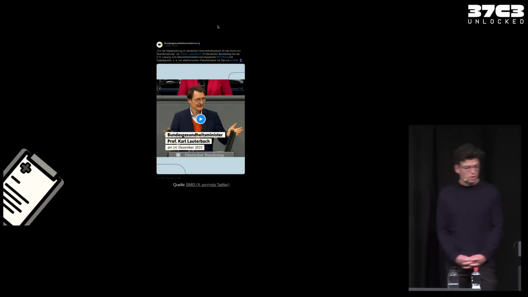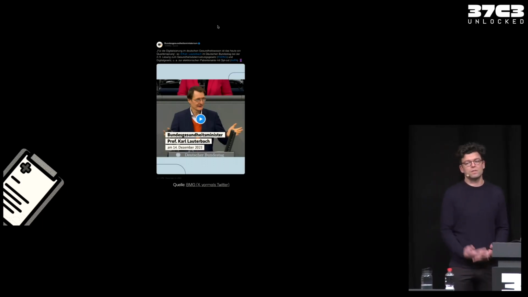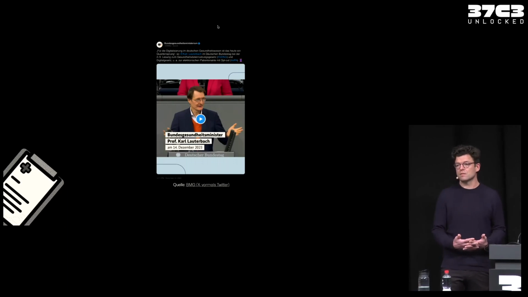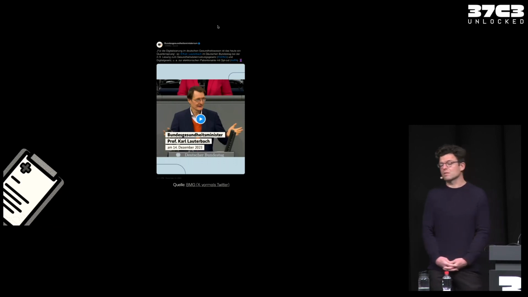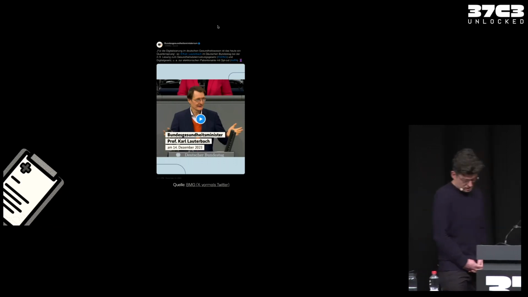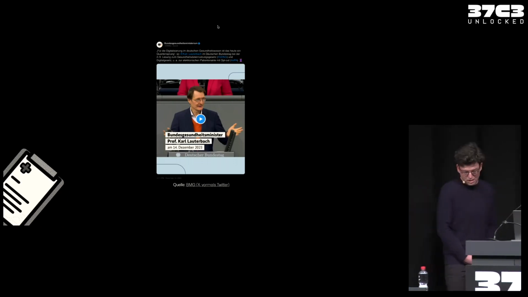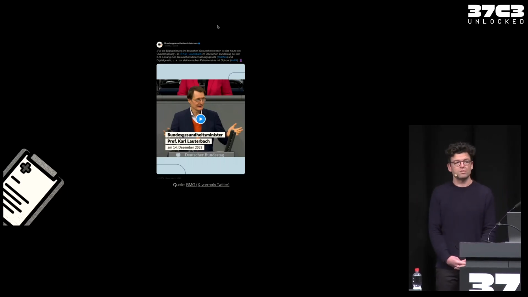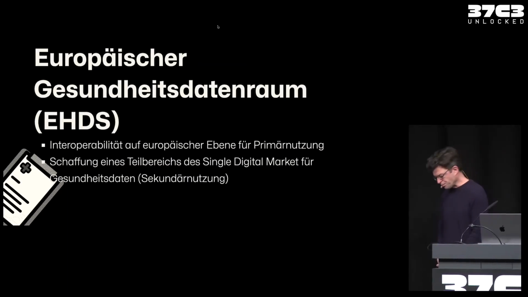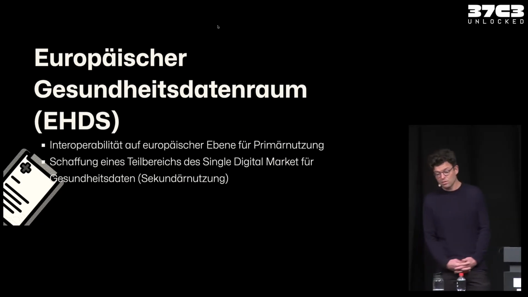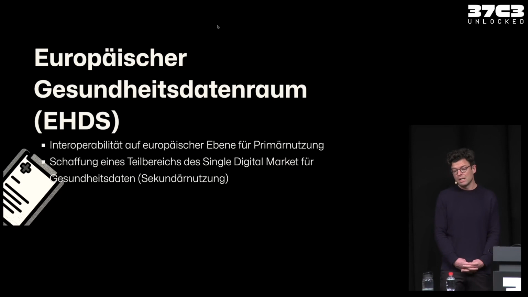Karl Lauterbach, the current German health minister, is not only a big fan of these two laws, but also of the potential treasure trove of data that we can dive into. He wants a quantum leap, to catch up in the international competition. He loves artificial intelligence, and what we will get into in a minute is that generative large language models have a science of their own intelligence, and he really wants to apply artificial intelligence and generate structured data out of this for us. One day before, we had the European Health Data